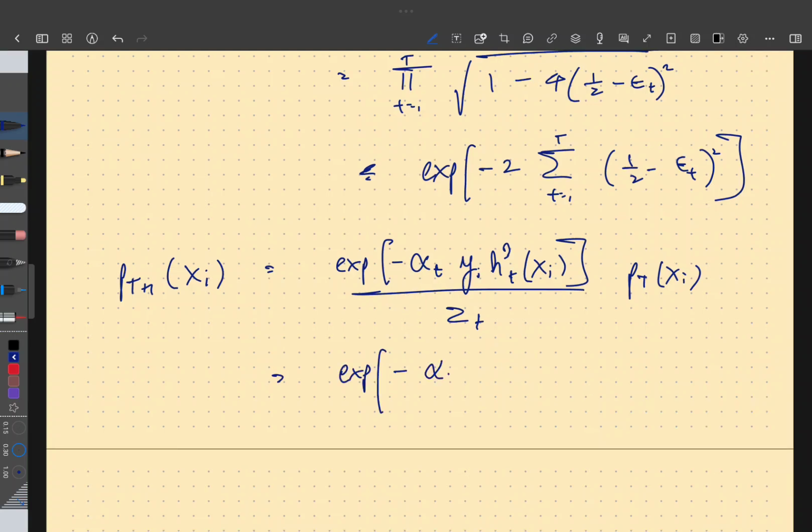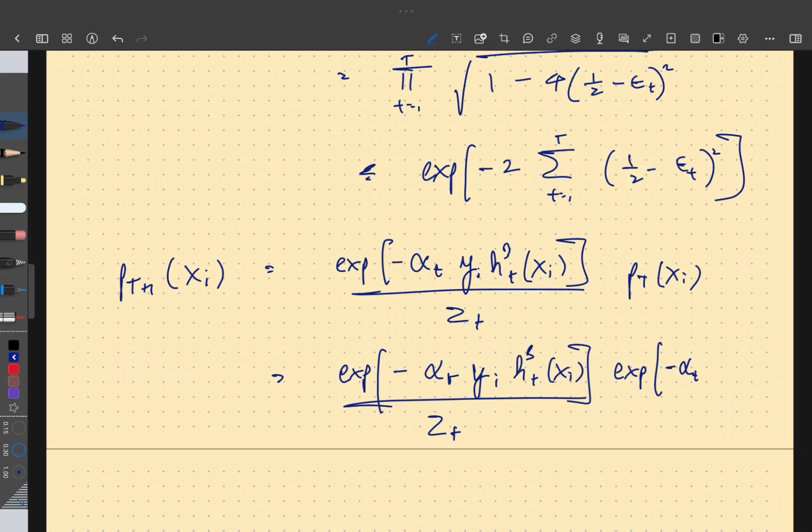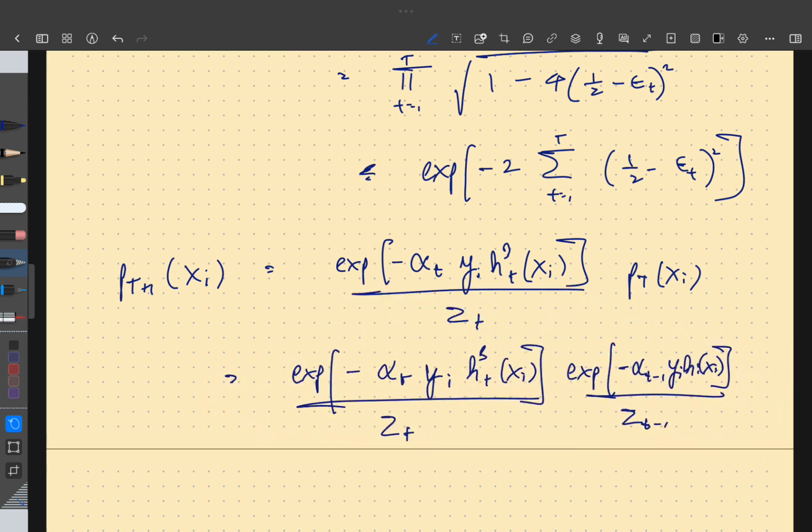So this is e to the power minus alpha t yi h_t^b of xi divided by Zt times e to the power minus alpha t minus 1 yi h_{t-1}^b of xi divided by Z t minus 1 times pt minus 1 of xi, and I can go on,